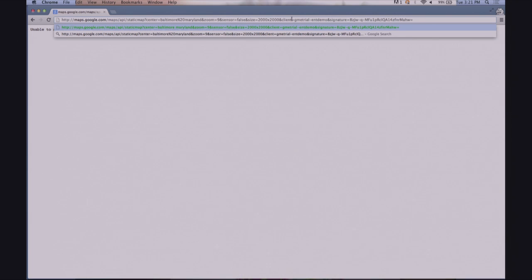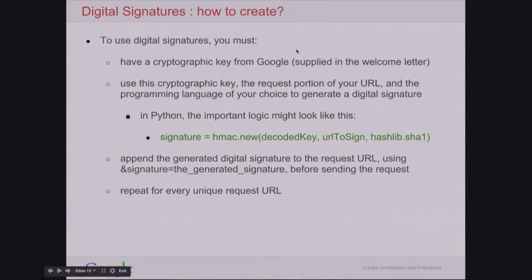Also, if I modify this original request by changing the size parameter from 2000 by 2000 to 2000 by 2001, and I keep the same signature, this will still result in an error, making sure that we will require you to send a whole new signature that you would have to create using your cryptographic key, even if the request changes slightly. Just to give you an overview of the main ingredients and steps involved in creating a digital signature,